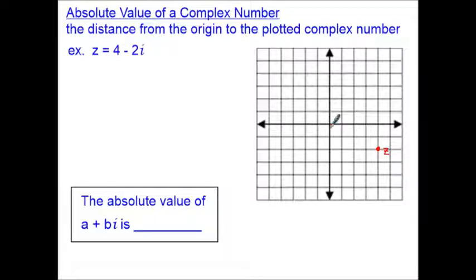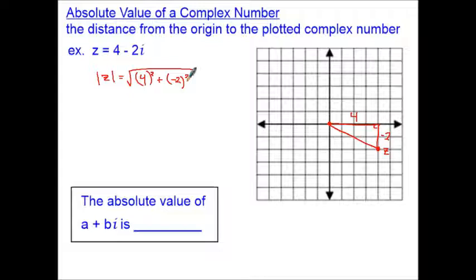Okay, of course, the distance from the origin is right here. I can draw that reasonably well. And then again, basically all I need to do is think of this as a right triangle. It's amazing how much Pythagoras shows up in the world, huh? So this was a 4, this was a -2, although I don't really need the negative. The absolute value of z is going to be the square root, and thinking of this absolute value as the hypotenuse, doing the Pythagorean theorem and square rooting both sides all at once,